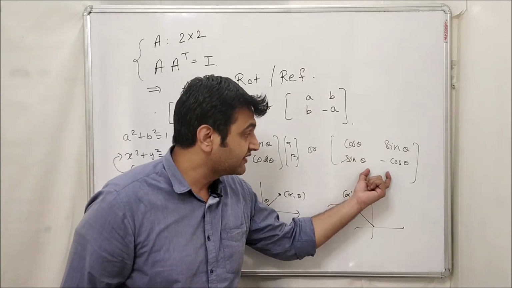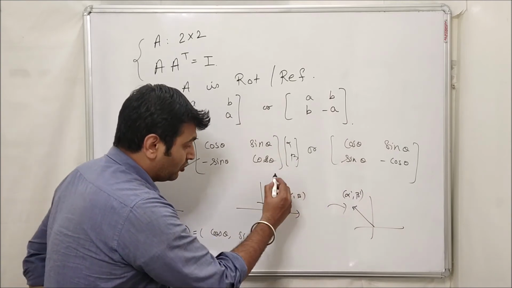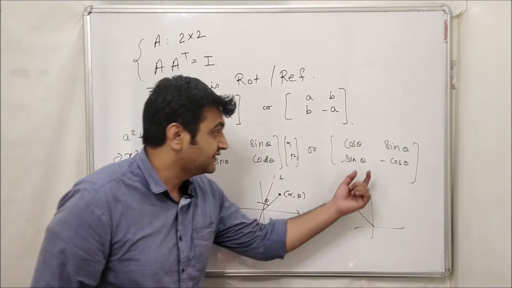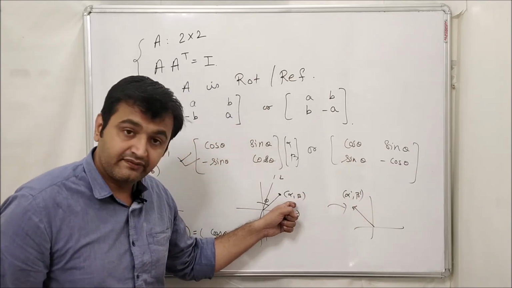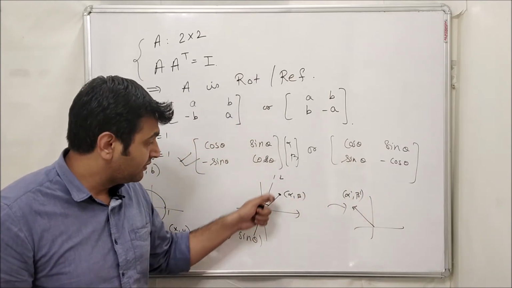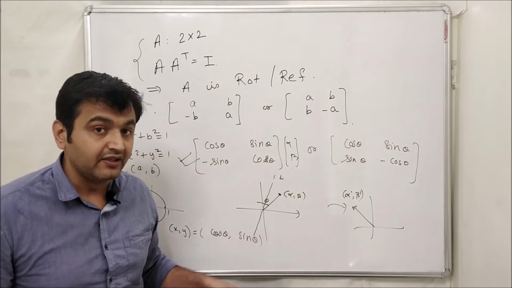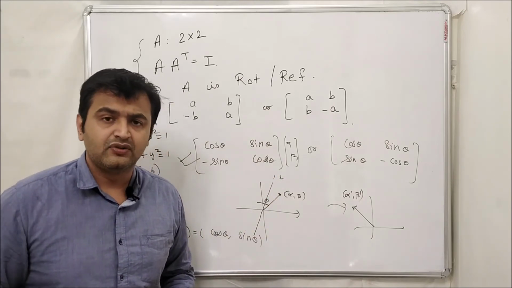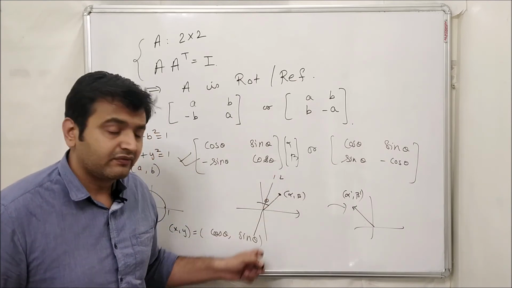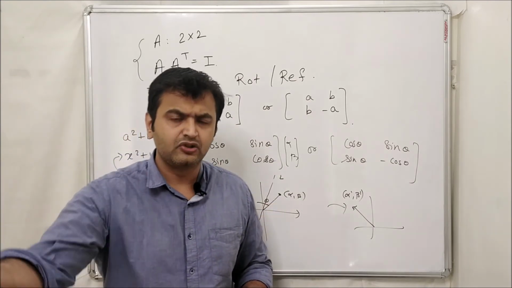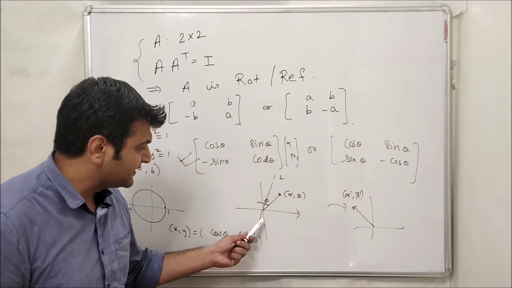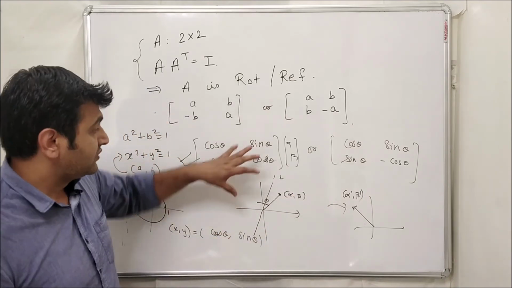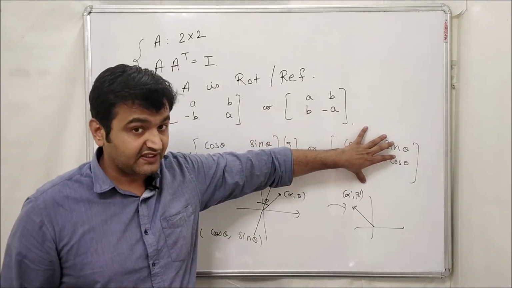And what does this matrix do? It will reflect along a line L. Suppose you take a line L passing through origin, then if you apply this matrix to this vector, your output will be nothing but the reflection along a line L. Now one can ask, which line? Well, when you study eigenvalues and eigenvectors, this is nothing but one of the eigenspaces that you will learn later, but you can just keep in mind that it reflects along a line L passing through origin. So this is called a rotation matrix and this is called a reflection matrix.